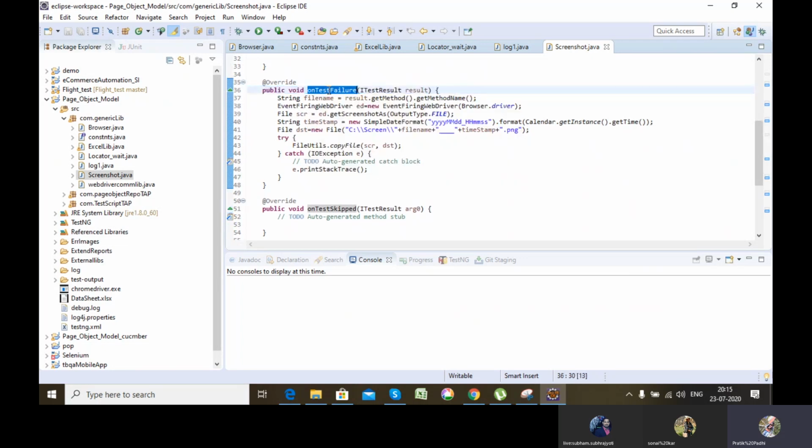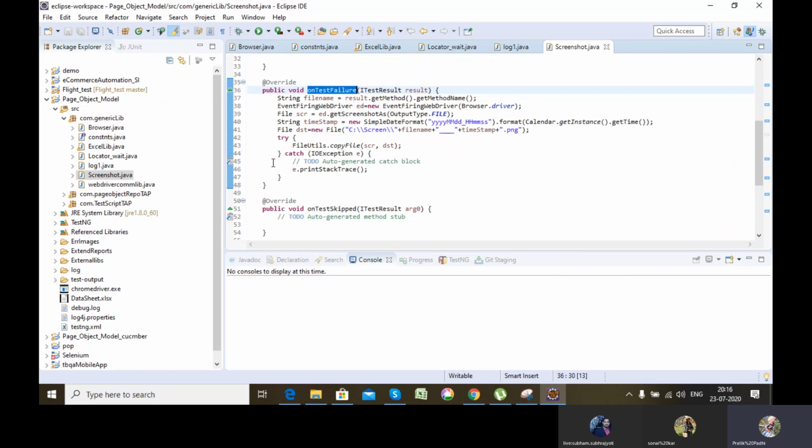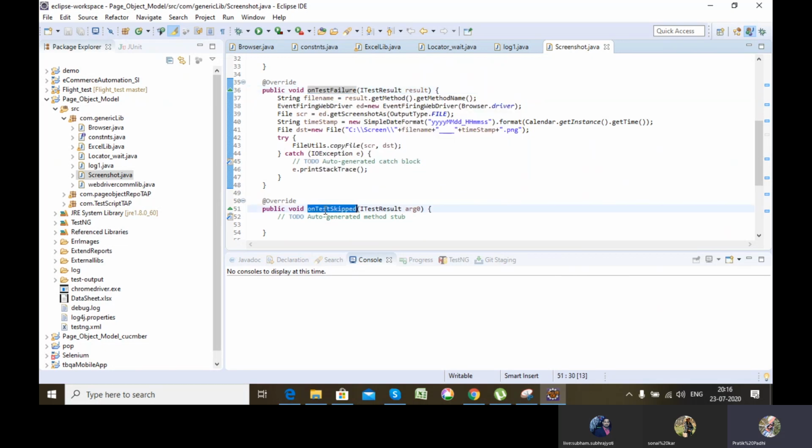What I have done here is I have just defined the method onTestFailure. Whatever lines of code I write inside this will be followed once a test case gets failed. If it gets passed or skipped, then these lines of code will not be executed. If it is failing, then only it will execute. Similarly onTestSkip, if a test case gets skipped, then whatever I write here will get executed. It is implemented by TestNG itself. You have nothing to do.